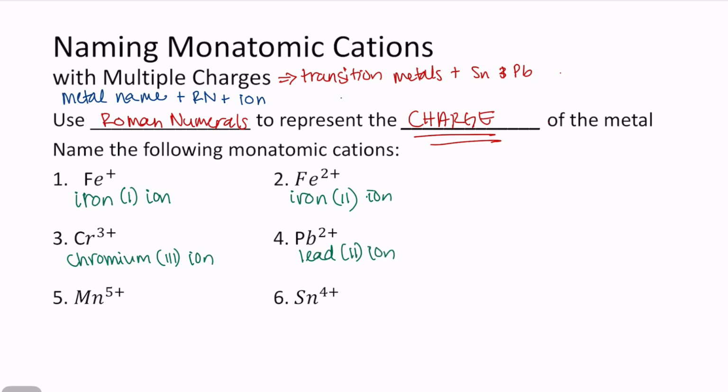Number 5 is manganese, and it has a 5 plus charge. So we will name this manganese 5 ion. And then finally, we have Sn, which is tin, and this ion has a 4 plus charge. So we would name this tin 4